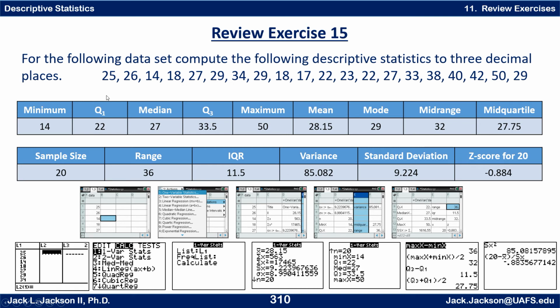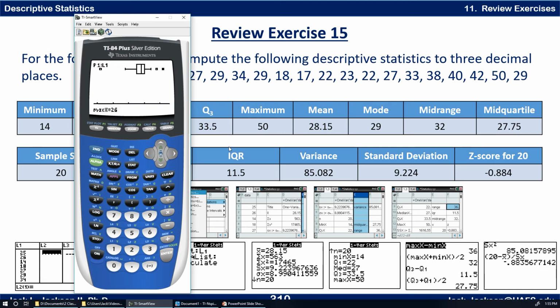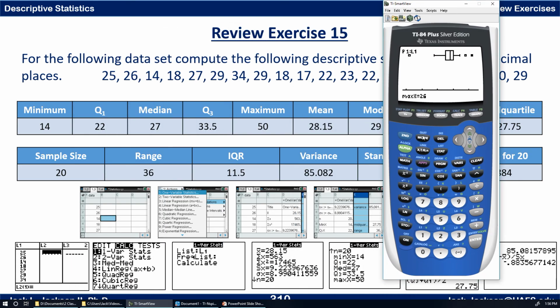So here's how you would do this, let's say on a TI-84. Press Stat and Edit. So let's go to Stat, Edit, clear list 1, or put it in list 2 if you'd rather, and type in your data, 25, 26, etc. Okay? When you get all that done, you have this. Then go to Calc,